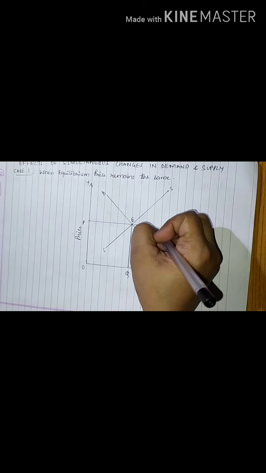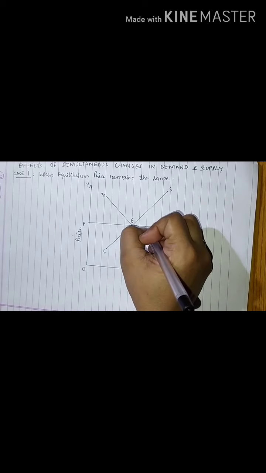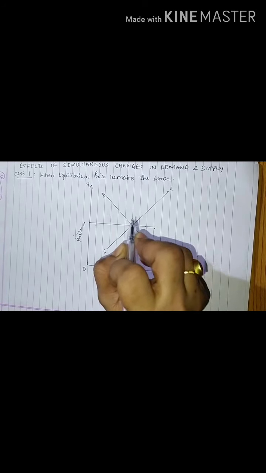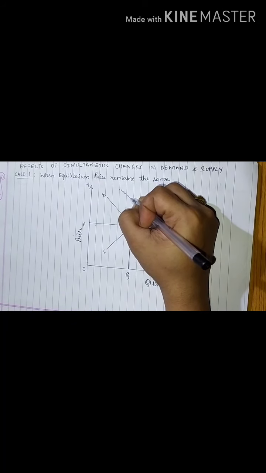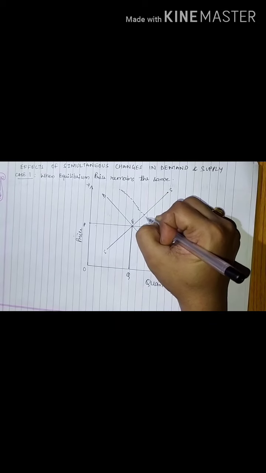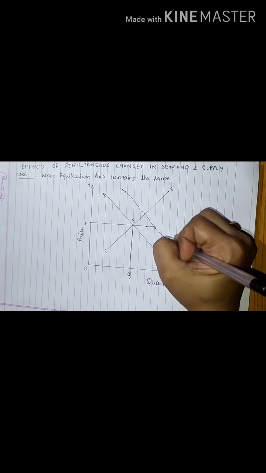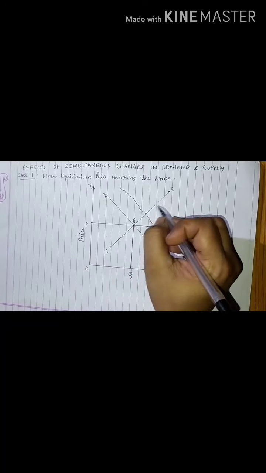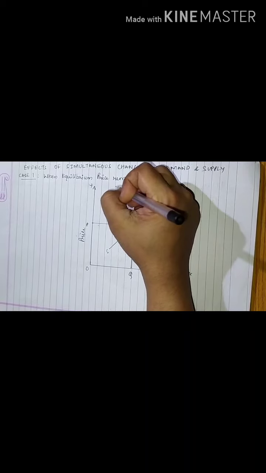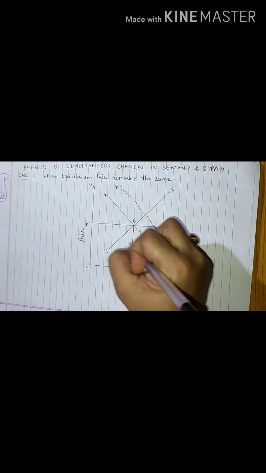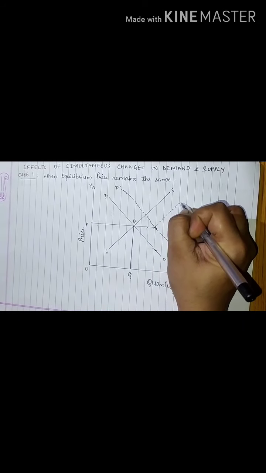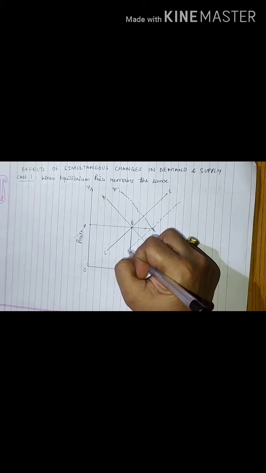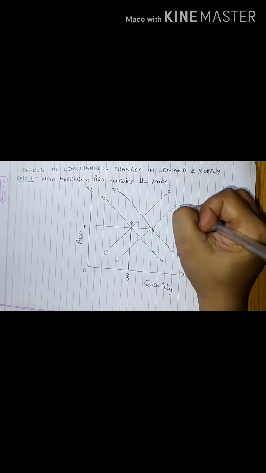When I keep my equilibrium price constant, that means my price is constant, I will just shift my demand curve. Now I will shift my demand curve and see what situation arises. But then I will shift both, because both are shifting simultaneously. See, this is demand shifted towards right. Now I will shift my supply towards right as well. See, now this is my supply. Now my supply is also shifting towards right. Fine. So this is my supply.